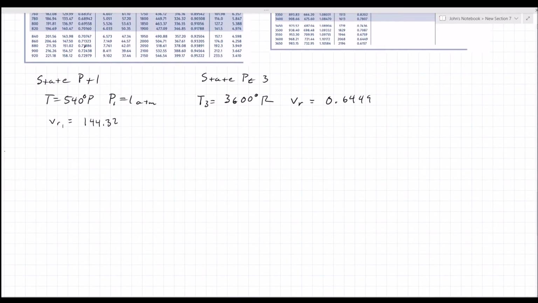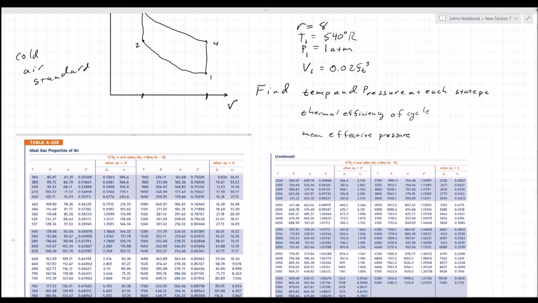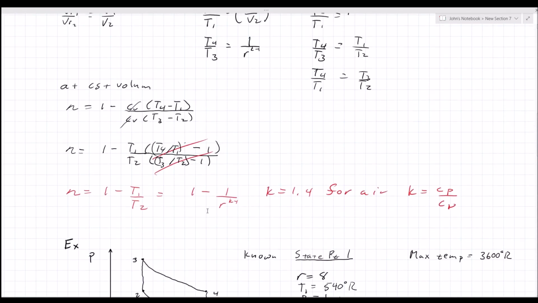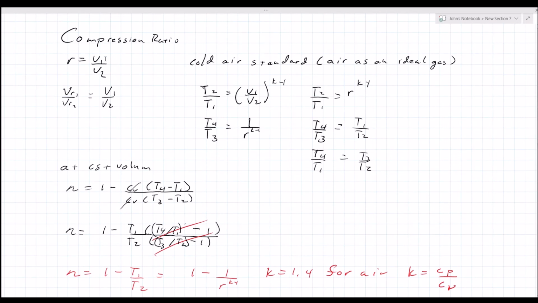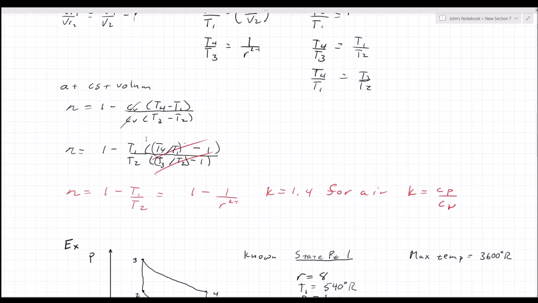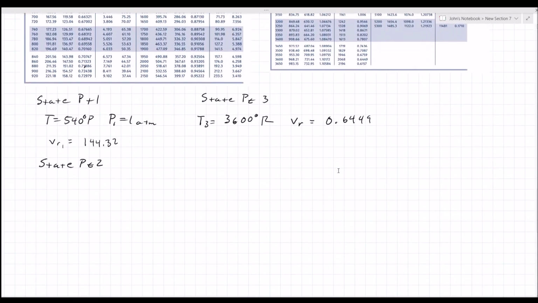Alright, so now let's find the values at each state point. Well, let's just go in order. Let's go to state point 2. If you recall, I am given the compression ratio here of 8, and that r is equal to V1 over V2, which is Vr1 over Vr2, which is equal to r. So Vr2 is equal to Vr1 over r. That gets me 144.32 over 8,